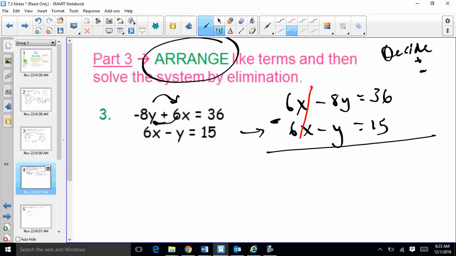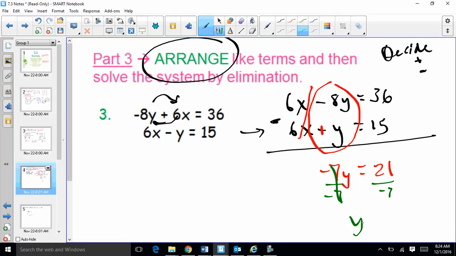So these will cancel out. But now here, be very careful. I've got a negative 8y minus a negative y. Well, essentially what happens is you end up adding y. So negative 8y plus y makes a negative 7y. Then I subtract my constants, 36 and 15. That makes 21. I go through the rest of the process, dividing by a negative 7 on both sides, and y equals a negative